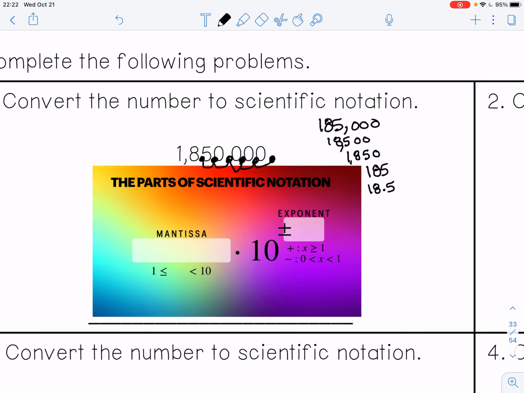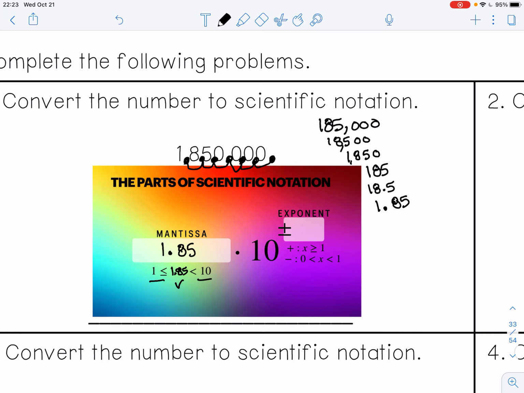18 is not between 1 and 10. So let's move it one more time. Let's move it between the 1 and the 8. If I move it between the 1 and the 8, then I will have 1.85. Is 1.85 between 1 and 10? Yes, it is. So that means our mantissa, or the number that's in front of the times 10, is